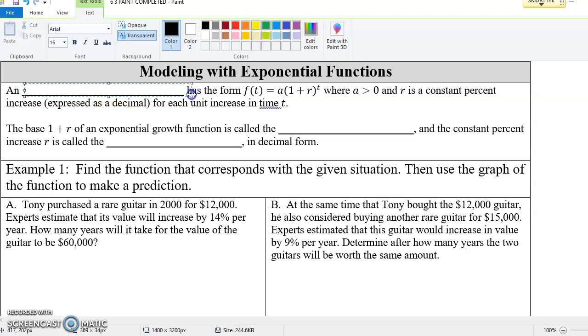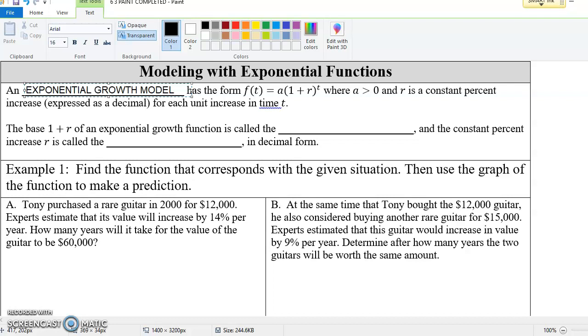In class a few days ago, I talked about the difference between investing, like taking some money, putting it aside, and having it grow because of a good investment, and decay, which would be like when you have a car and the car goes down in value. So today we're actually going to write the functions out. We're going to calculate the values, and we're going to go from there. So if you want to fill in the blanks really quick,